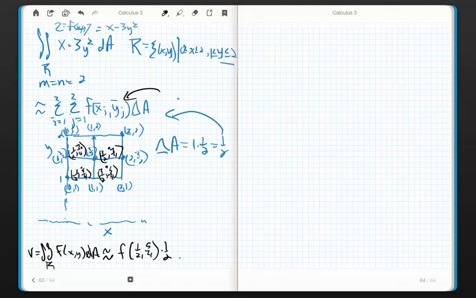You with me? All right. And this is going to be plus f of 3/2, 5/4, and I multiply that times delta A. And to that I add f of 1/2, 7/4 times 1/2, which is delta A, plus f of 3/2, 7/4, and I multiply that by 1/2. And very much like a cooking show, and you can check to make sure, whoops, not approximately equal to, it's exactly equal to. Poof, if I use my text, I get negative